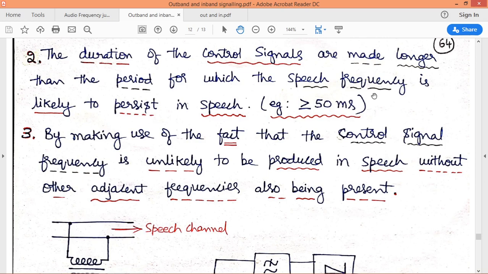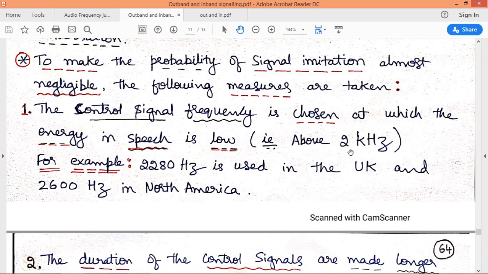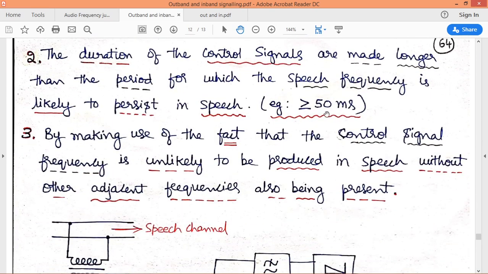And we know generally when we are dealing with speech signal, we don't have that particular frequency for longer duration. When we are dealing with speech signal, the frequency of the signal continuously varies from one frequency to another frequency. So the probability of finding signal imitation will be less if we consider a control signal of particular higher frequency, of course greater than 2 kilohertz, and the duration of that particular frequency control signal is greater